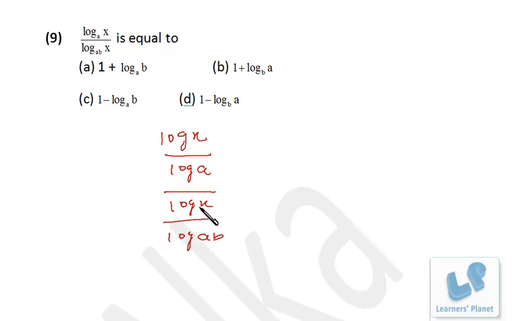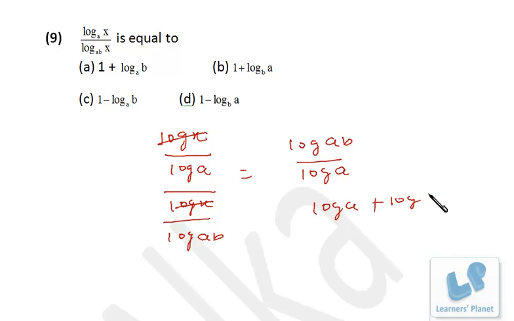So precisely log of x and log of x is cancelled, so you are left with log of ab by log of a, right? So log of AB can be written as log of A plus log of B, and you have to divide it by log A. So this is 1, and this is log B by log A. Further you can change the base, so it will be log B to the base A, right? So 1 plus log B to the base A,